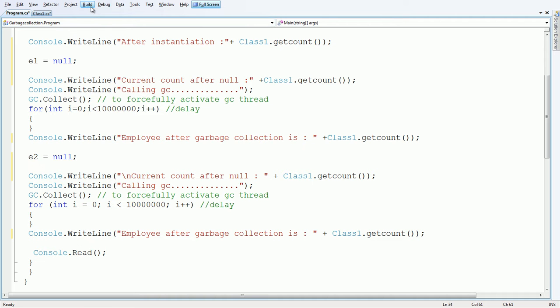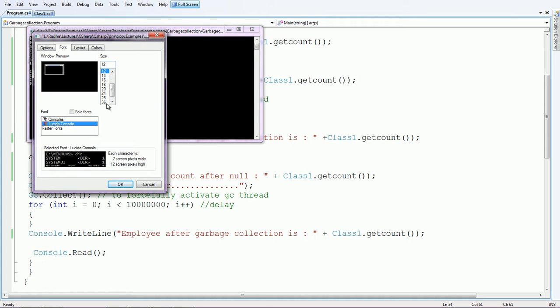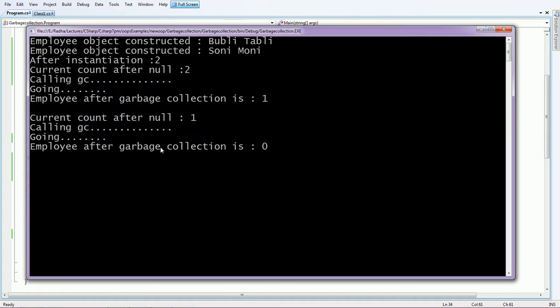Okay, let us see the output. The constructor is called for the two objects, bubbly doubly and sony money. After instantiation the value of the counter is 2. After assigning null it is also 2. But whenever you call system.gc, what happens here? The destructor function is automatically invoked, because this message is under the destructor function. Then if you check the value of the counter, it is 1.